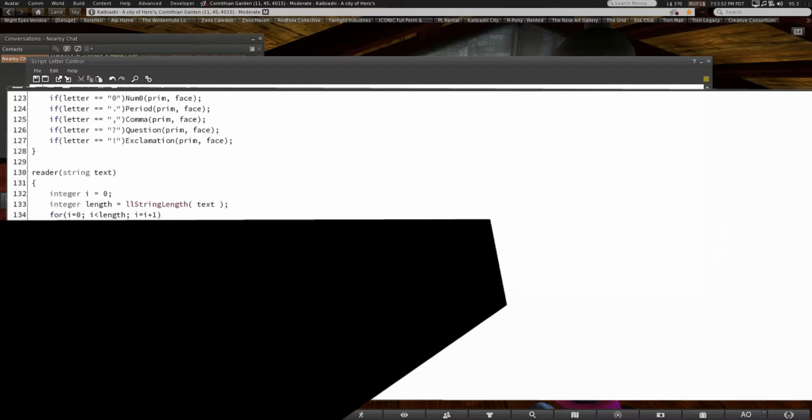And these three, 4, 5. Actually, an easier way probably to do this is